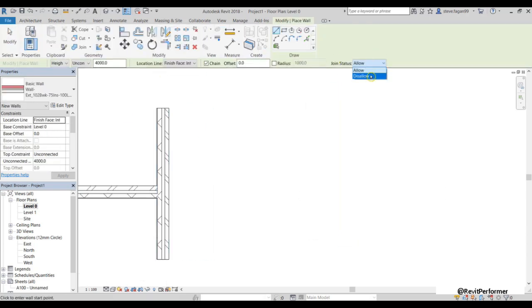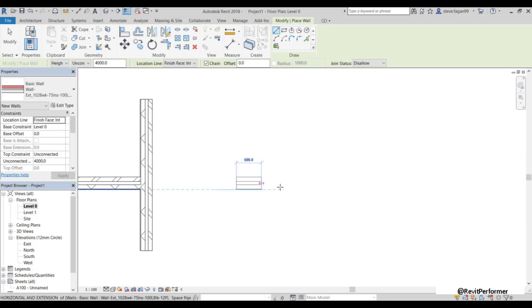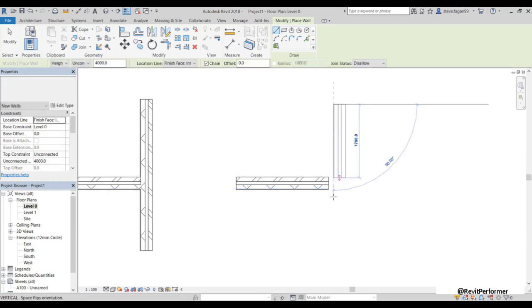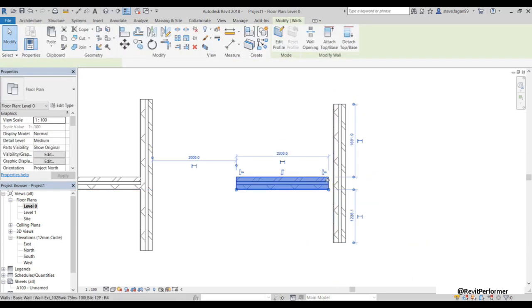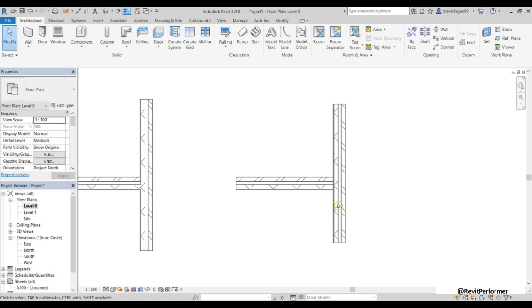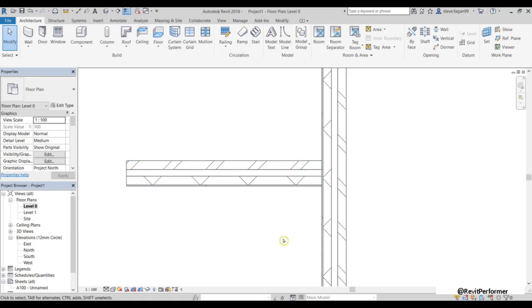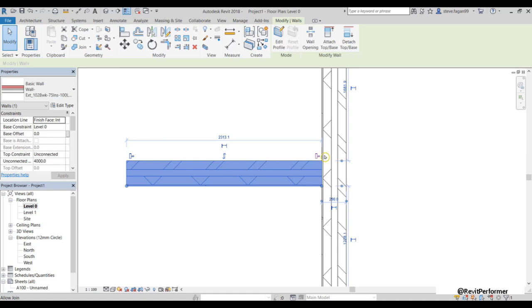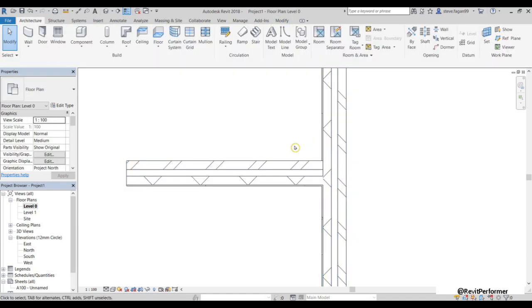If we have join status on disallow, when we do the same, the walls do not join, so the core boundaries do not meet. If you wanted the walls to join, simply select the wall and you'll notice this symbol here. That symbol is your join symbol. So once you click on that, the walls will then join together.